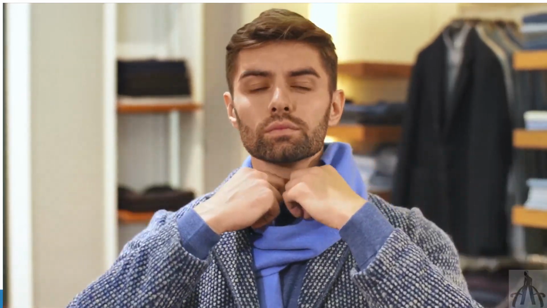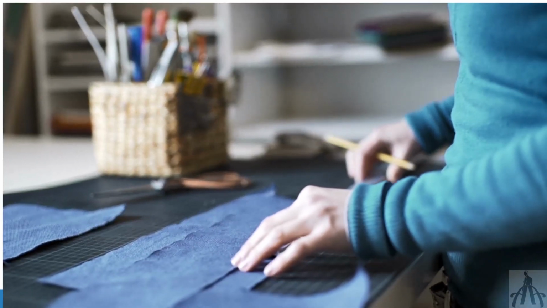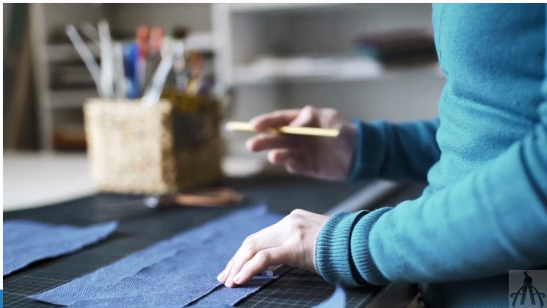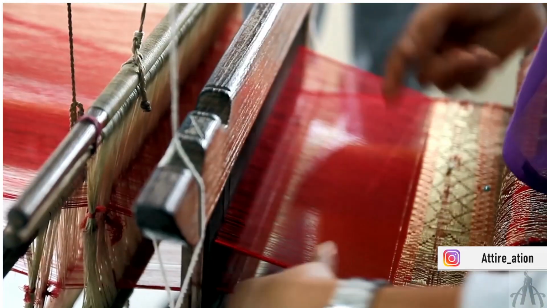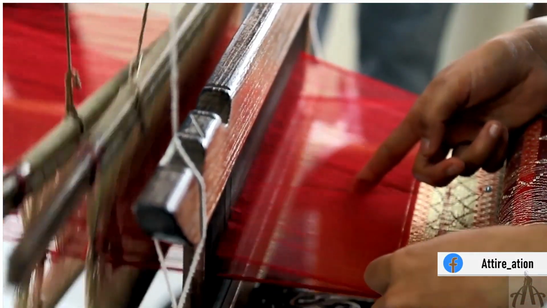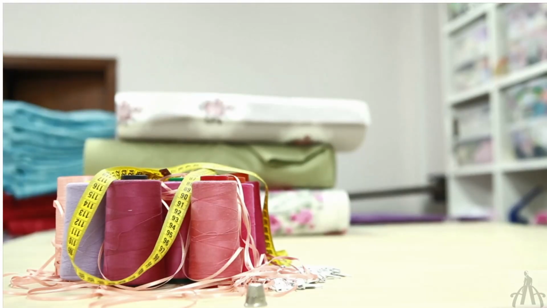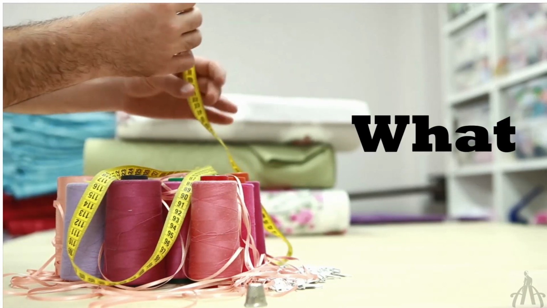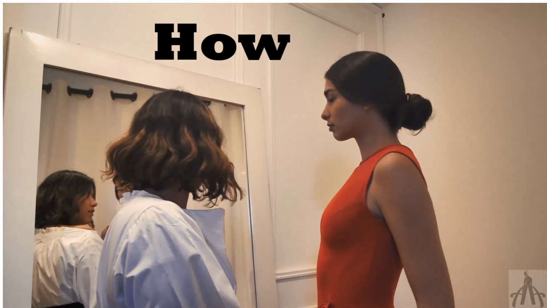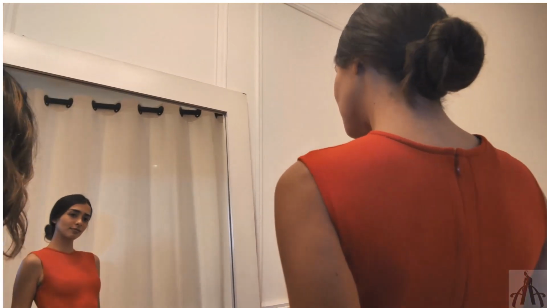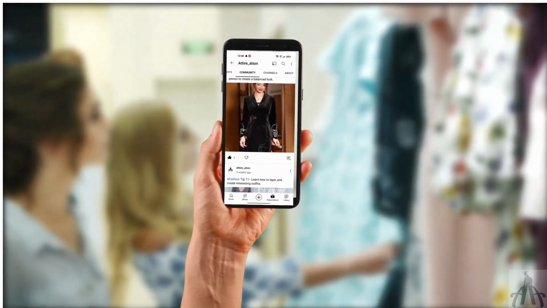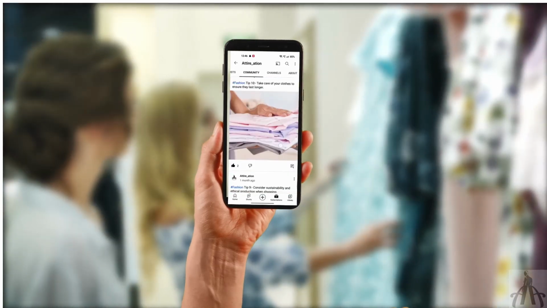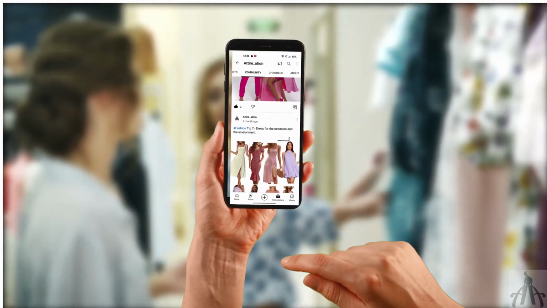Fashion is not just wearing clothes but about expressing yourself and creating a unique style. To do that, you need to understand how to use the elements of design to create outfits that are visually appealing and functional. In this video, we will explain what the elements of design are and how to use them effectively in fashion. For some time, we have been sharing different ways to style yourself through our posts, but today we will see it from a different scenario.